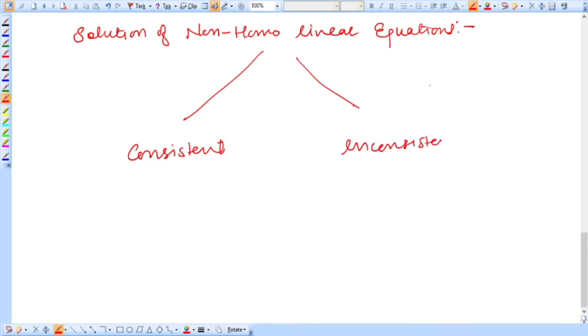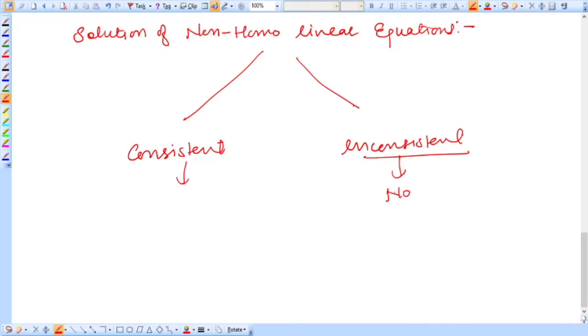Inconsistent. Consistent solutions, inconsistent solutions. A solution is said to be inconsistent if there exists no solution at all. I'm sorry, this is not actually a classification of the